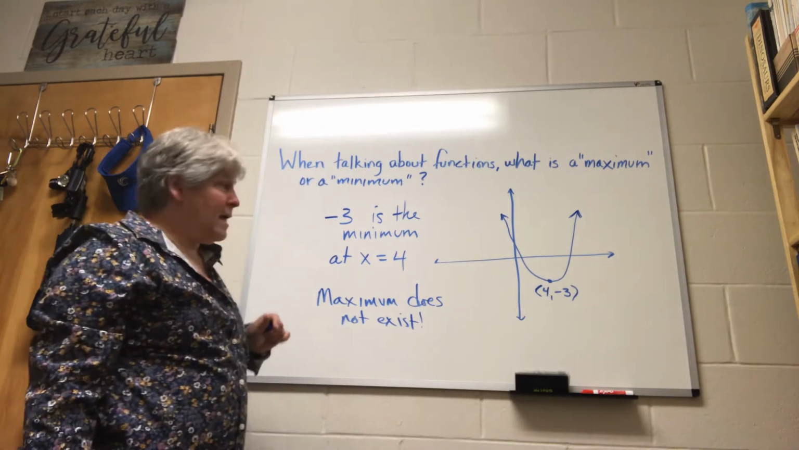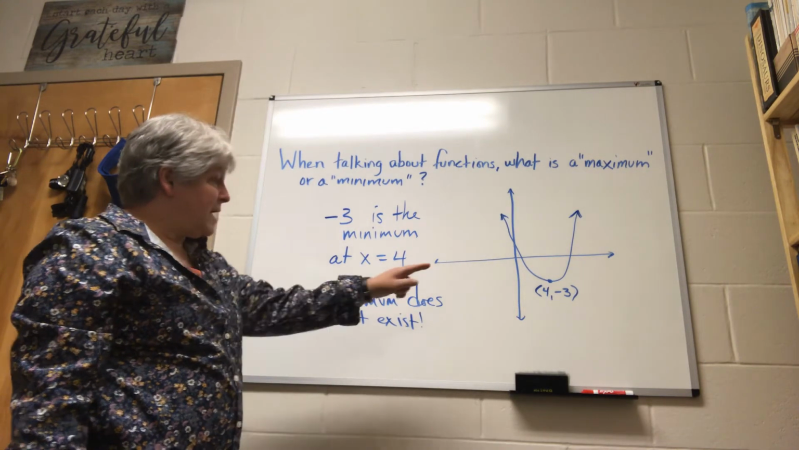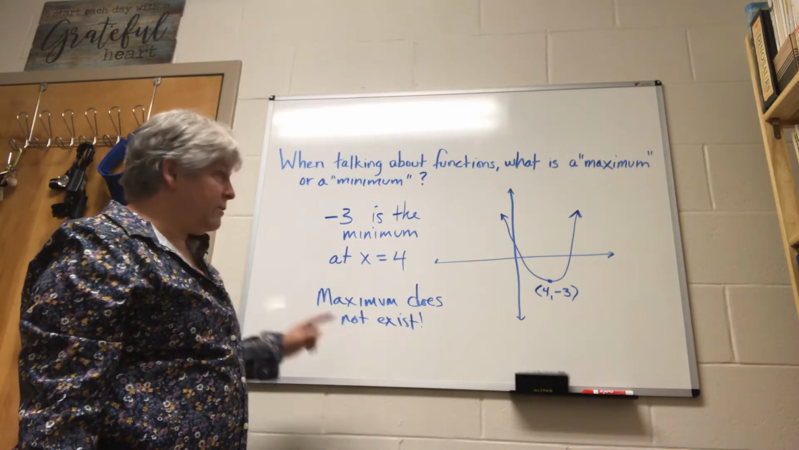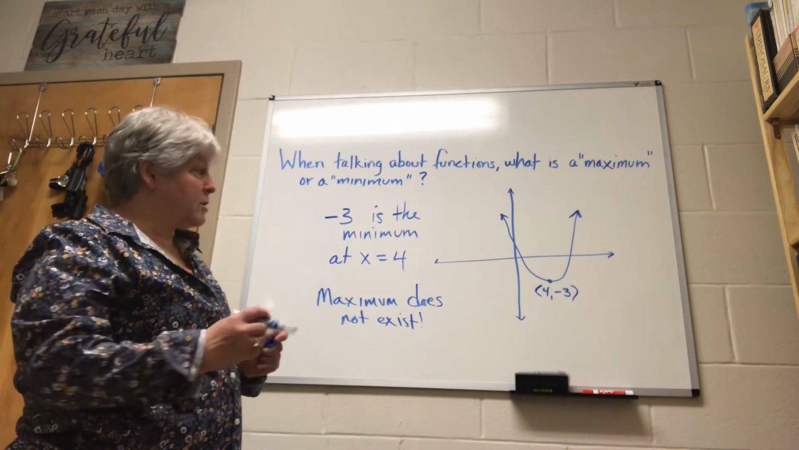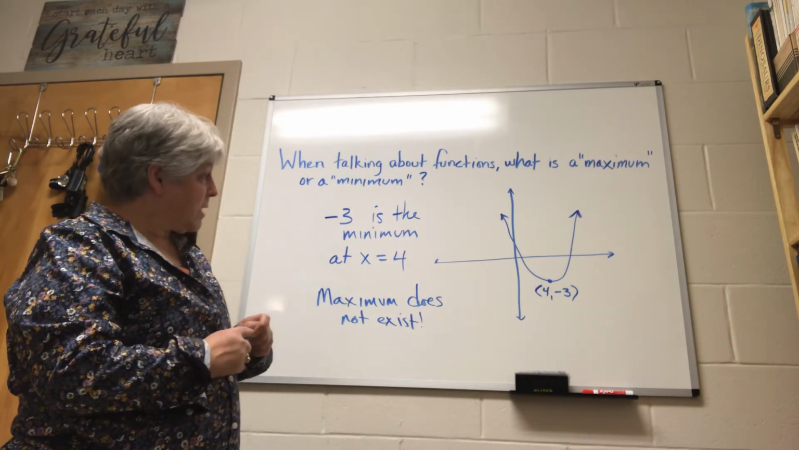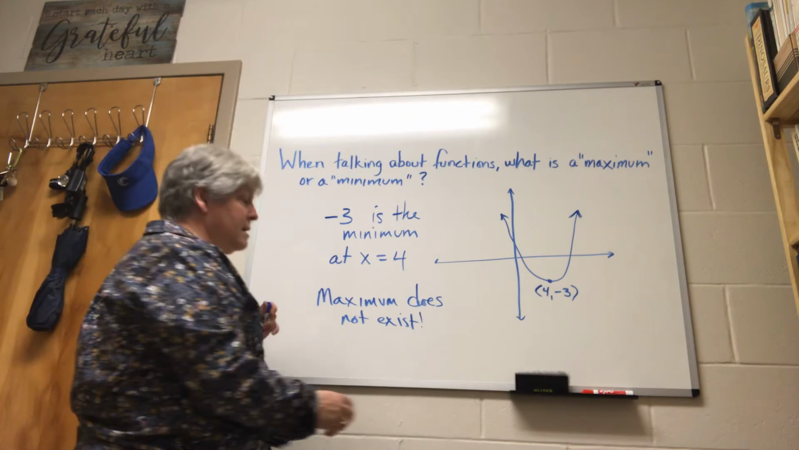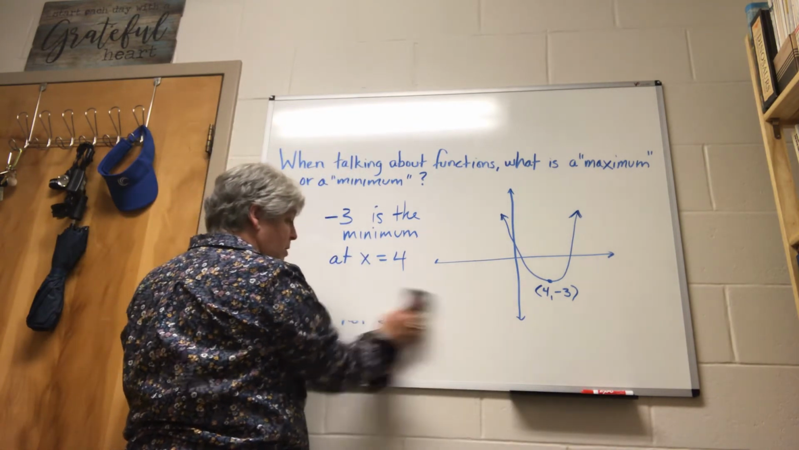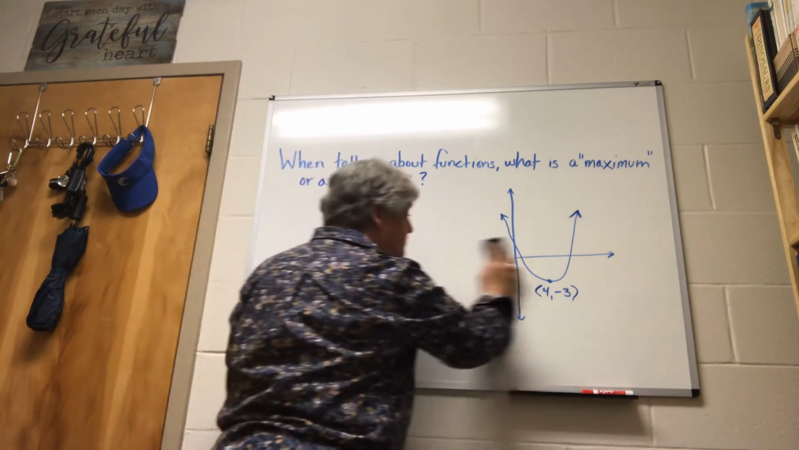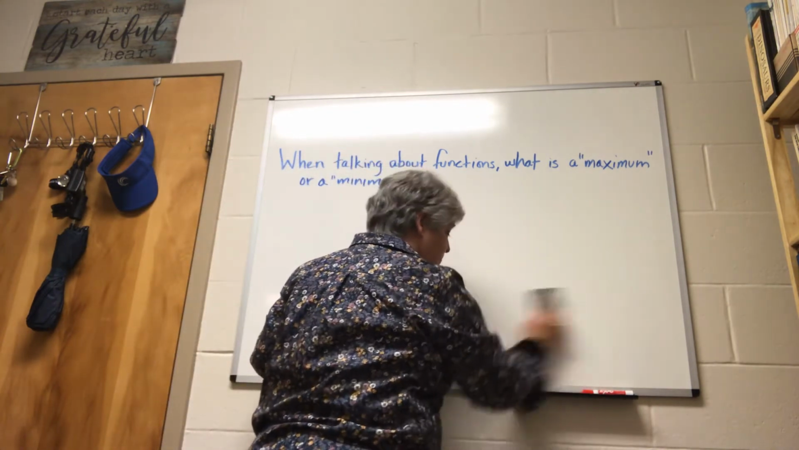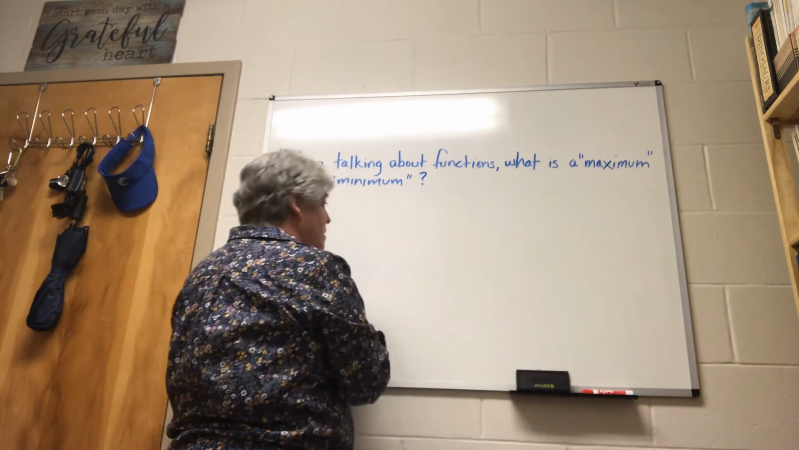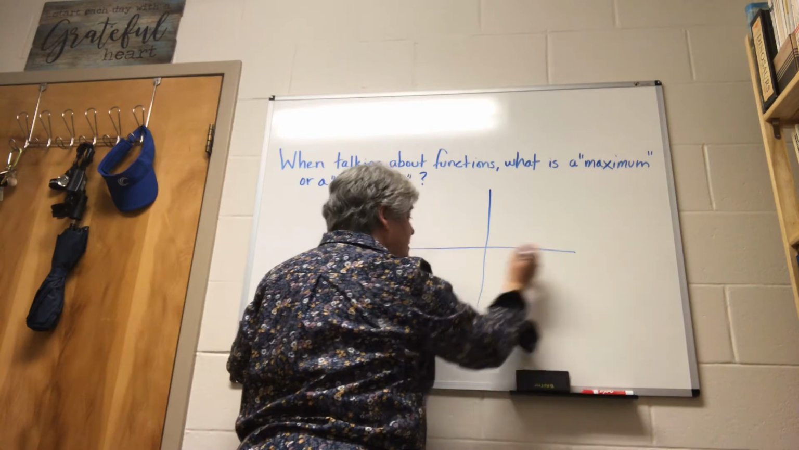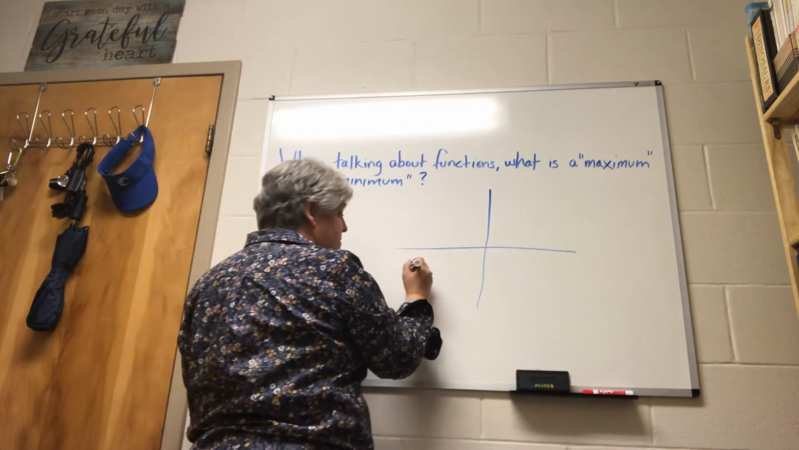Okay, so that would be an example of finding a minimum, stating where it's located, and finding that there is no maximum because it goes up infinitely. Okay, if I had a maximum, I'm going to go ahead and draw this. So here's a different graph. And if I had something that looked like this,